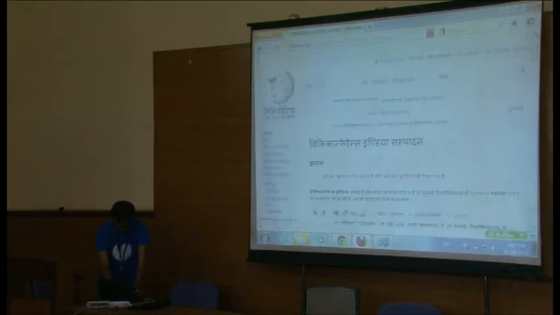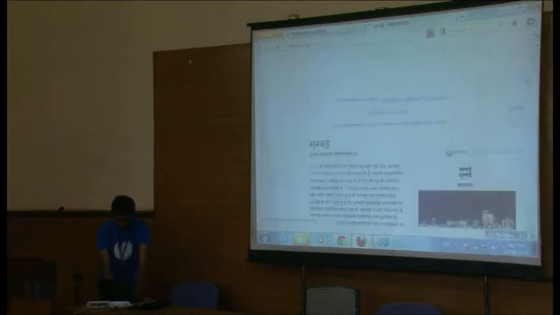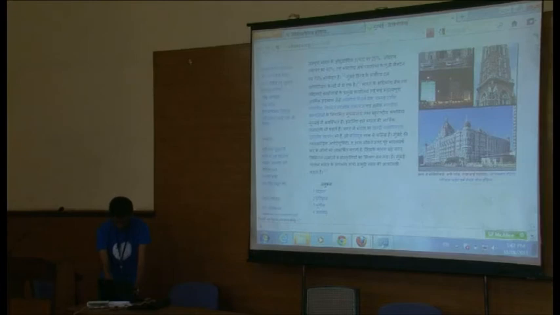The article is already there, which is the reason it's showing in a blue color. If I open that in a new tab, the page about Mumbai, the city, opens up.